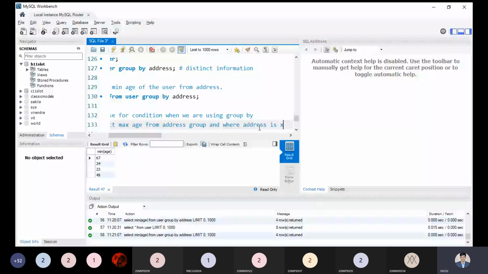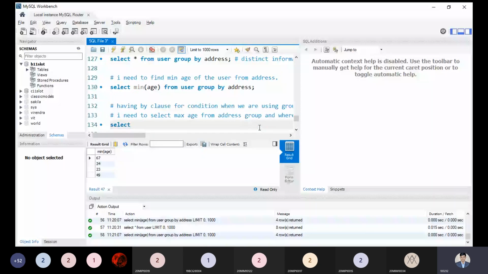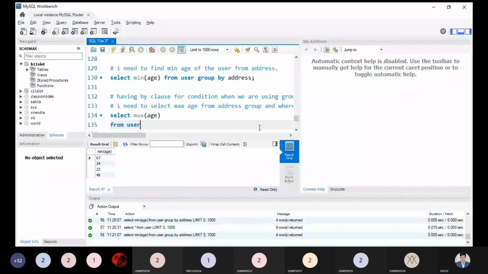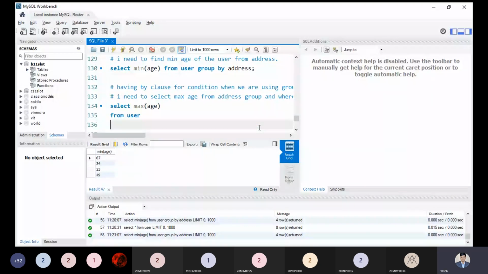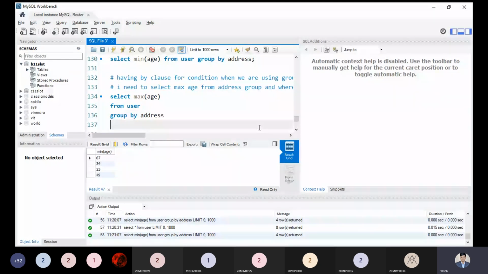So how to write the query? SELECT maximum age FROM users, GROUP BY address, and HAVING. This is a condition we have to keep in mind. What is the condition we need to put?